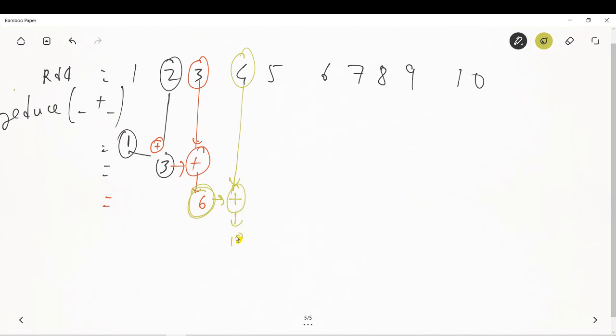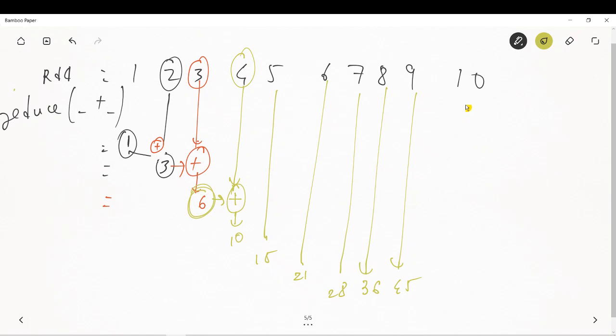10. Then 10 plus 5? 15. 15 plus 6? 21. 21 plus 7? 28. 28 plus 8? 36. 36 plus 9? 45. 45 plus 10? 55. So what reduce does is, basically it takes the next two elements,